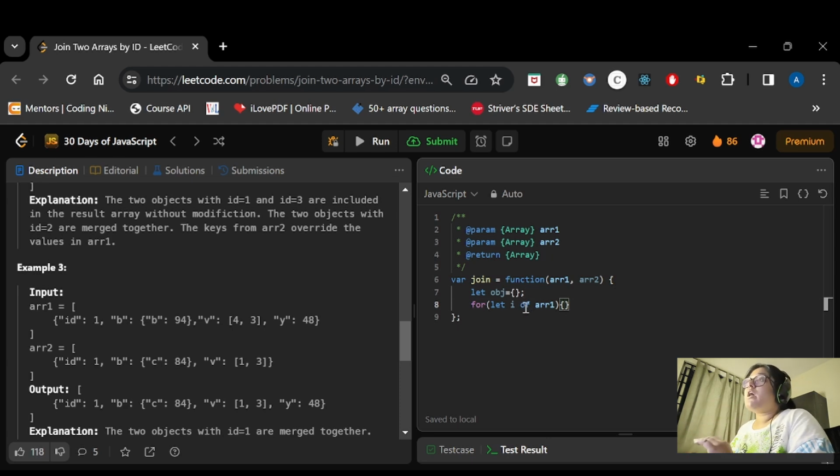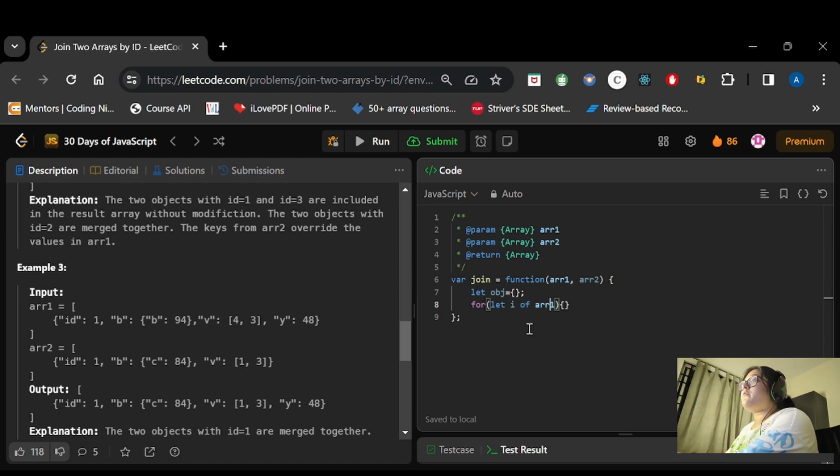If we use in instead of of, we will get the index positions. Here we need the object at every position, so we are using of.